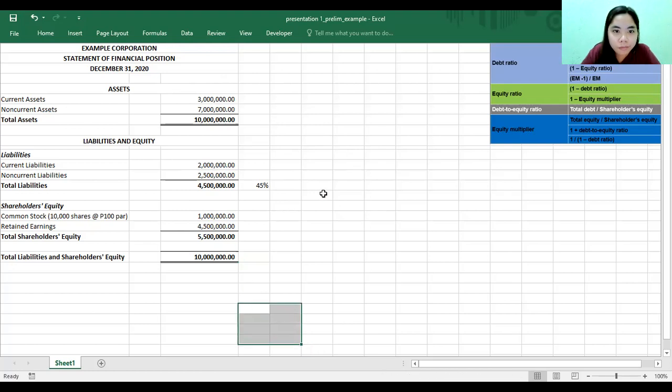Okay, so next is the equity ratio. Of course, once you get your debt ratio, you will get the equity ratio. That means if your debt ratio is 45%, your equity ratio is 55%. So 45 plus 55 would be 100%, which represents our total assets. But for purposes of discussion, I will show you how to get the equity ratio: 1 minus this, so you have 55%. Or simply your equity